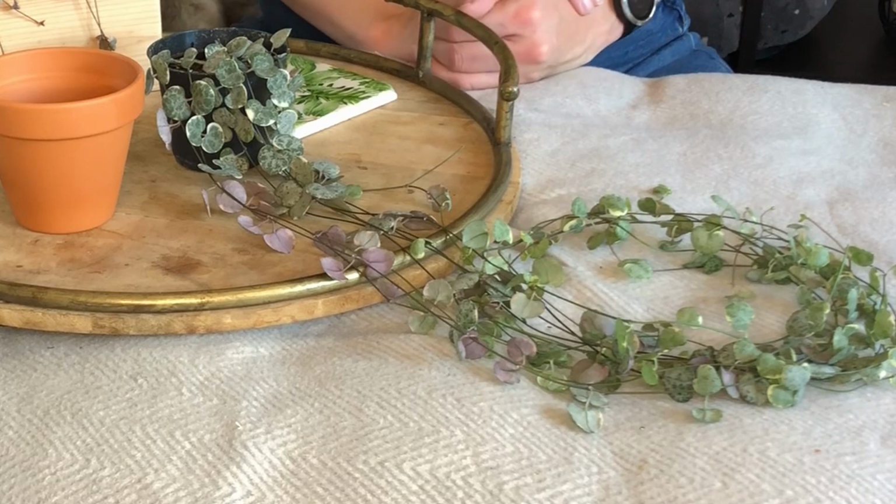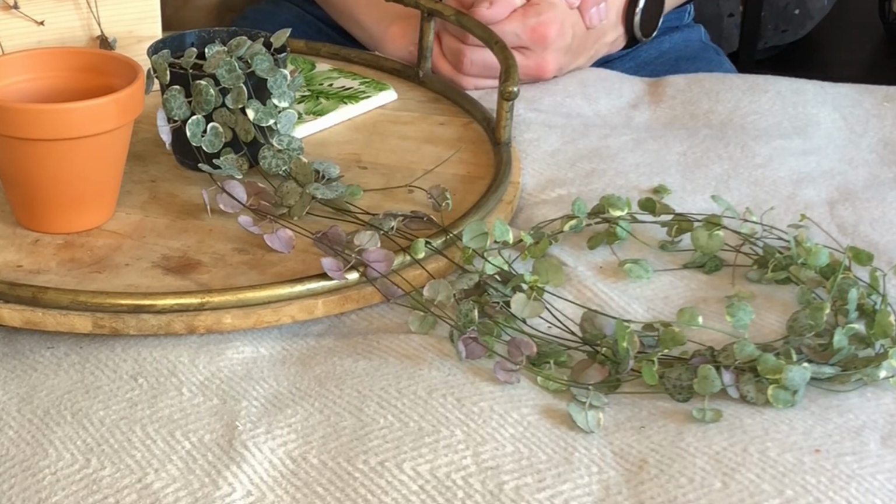So yeah, I just wanted to talk to you about this plant today because I've had a couple of questions and things about this one recently on my Instagram, and I just wanted to put some care tips out there and make sure that your string of hearts are thriving as much as they should be. So the first thing I want to talk to you about today is the light conditions for the string of